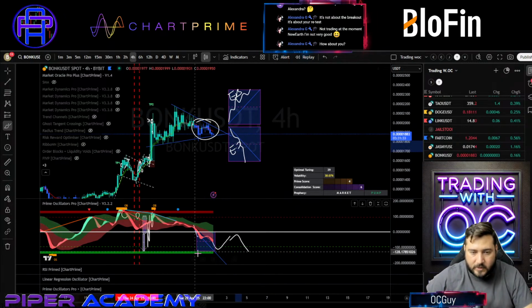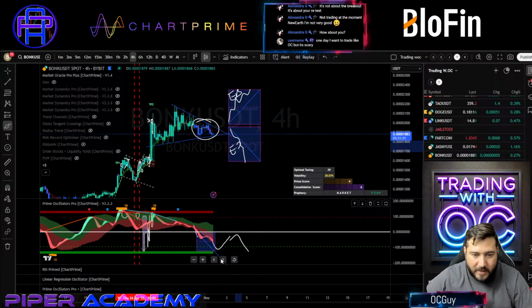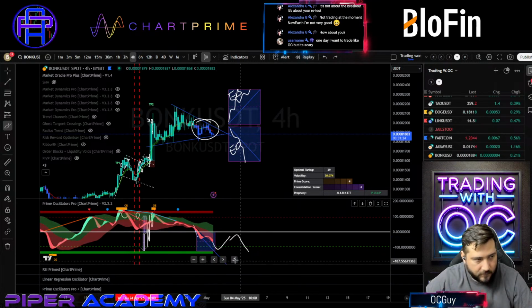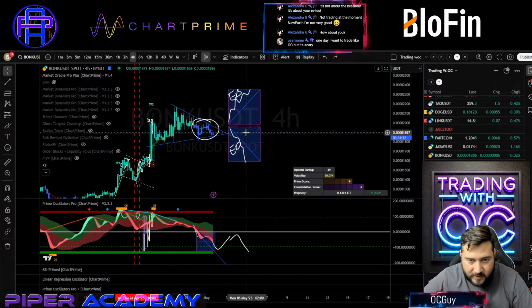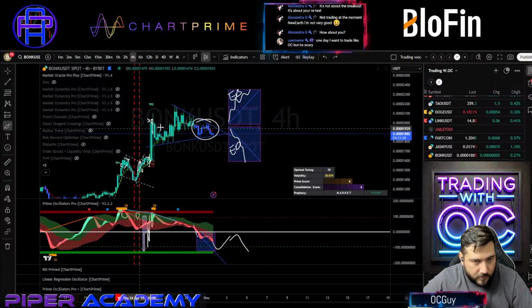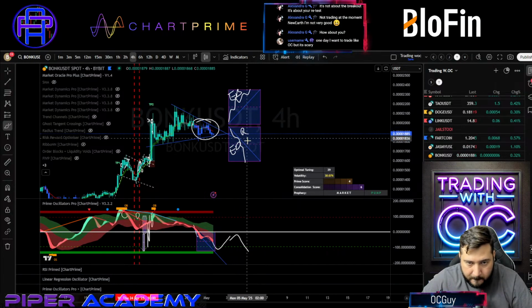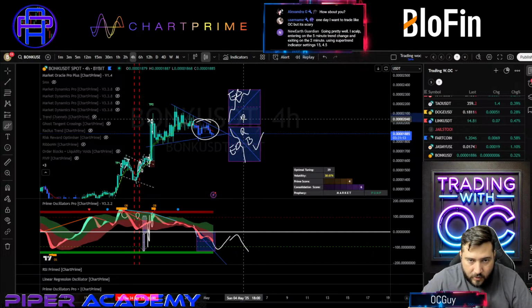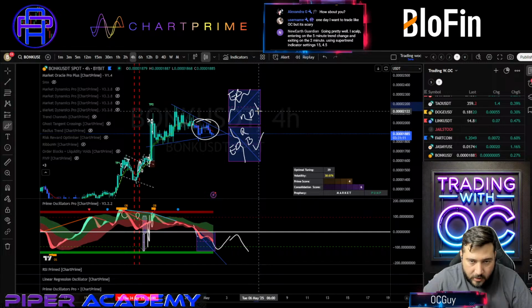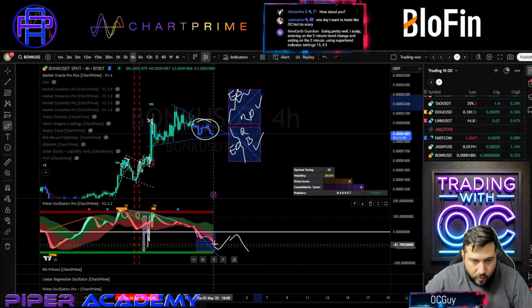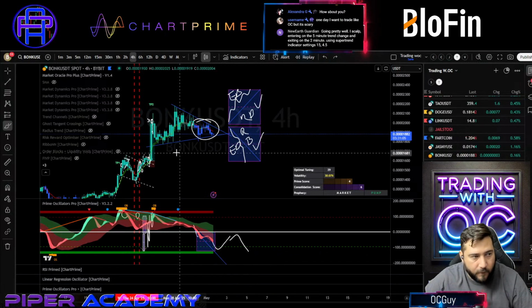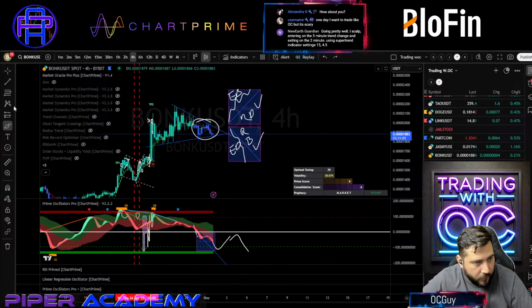So am I expecting a retest here? Where is it? The thing's on the other side. You see that? So this is just a regular bearish retest. Regular bullish, yes, with the retest. So right now, I would be expecting a breakout retest if we go for the bearish scenario.